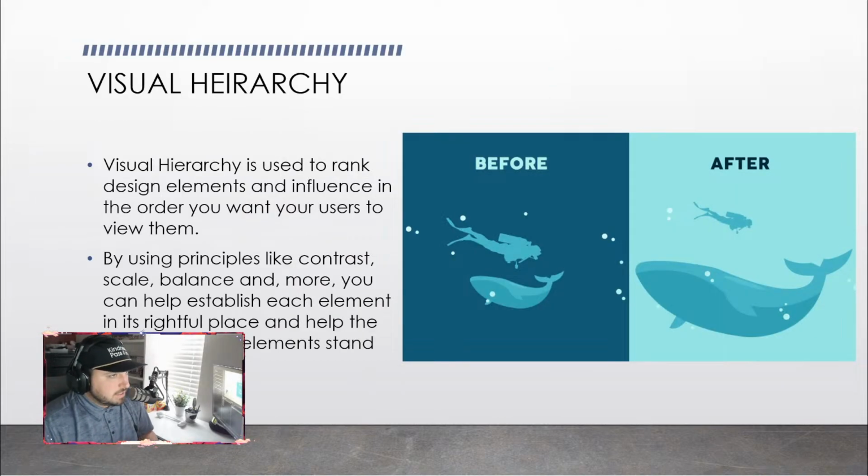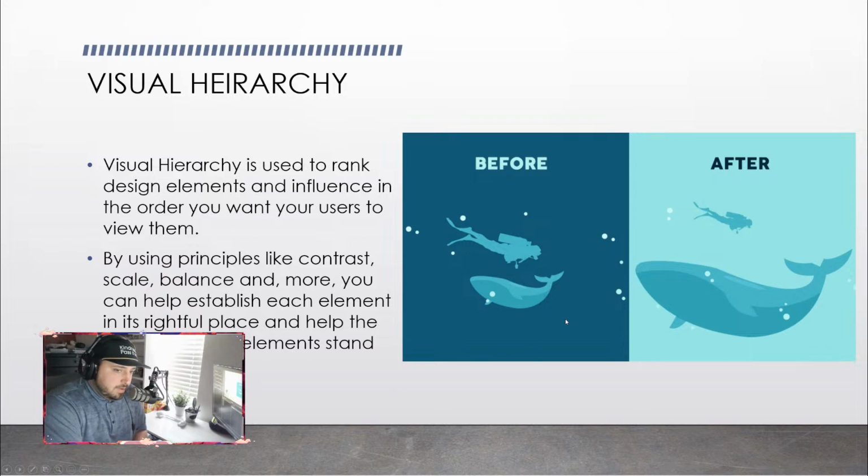Okay. Next thing we need to talk about, visual hierarchy. Visual hierarchy is used to rank design elements and influence the order you want your users to view them, okay? So here's an example of an image. Maybe this is going into some sort of product ad or something, okay? By using principles like contrast and scale, balance and many more, you can help establish each element in its rightful place and help the most important elements stand out,